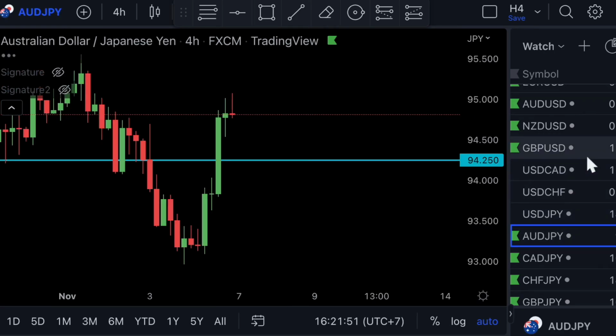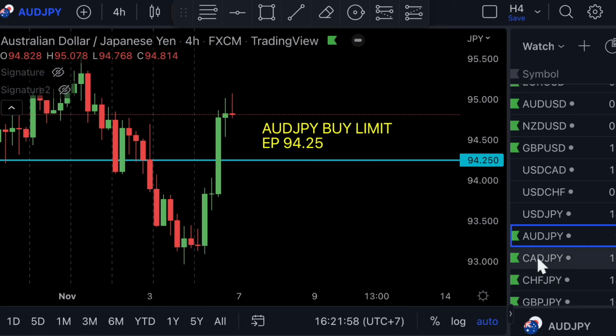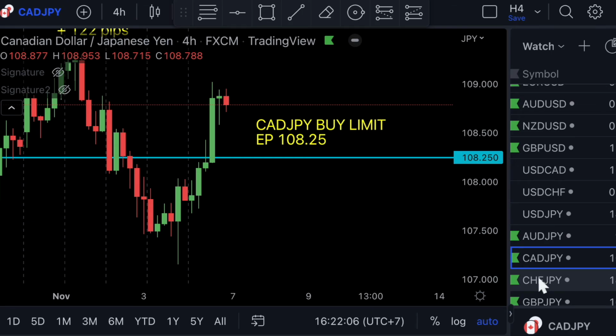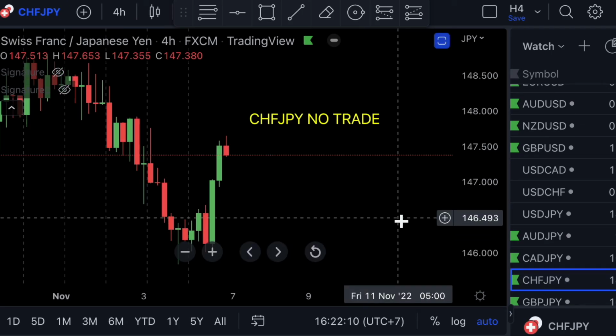The Aussie JPY, I have a buy limit at 94.25. The CAD JPY, I have a buy limit at 108.25. And here's a strange one, the Swiss JPY, I'm going to say no trade, because typically the Swiss JPY will follow the CAD and Aussie JPY,